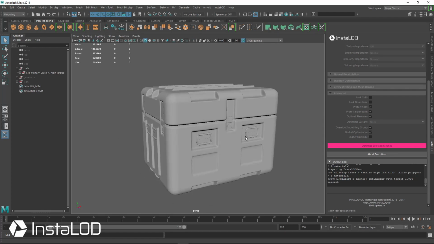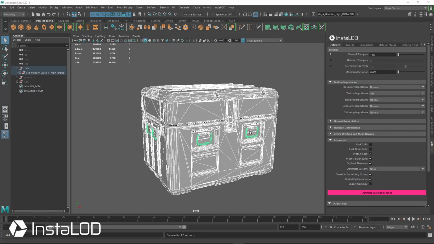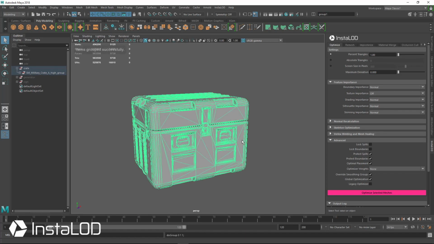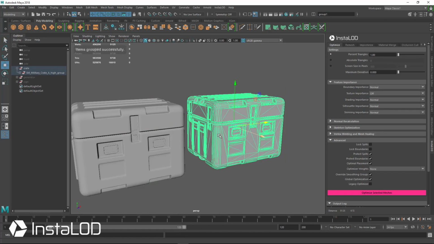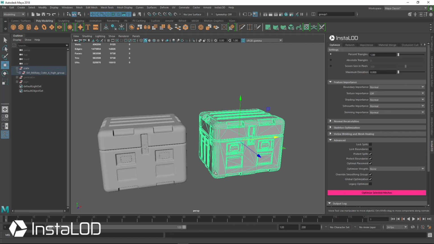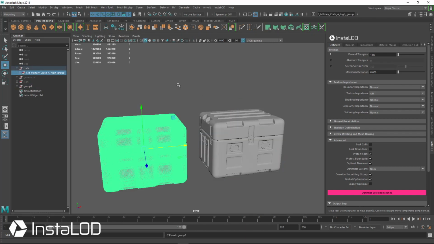So let's go ahead and pause this and let this finish for the next minute or two, and then we'll come back. So now the optimization is finished, and we can compare the two objects next to each other. So I'm going to pull the newly optimized low poly down to the side here, and what you can see is now that we're at 9,700 triangles, and where we were before was 970,000 triangles, so down from almost 1